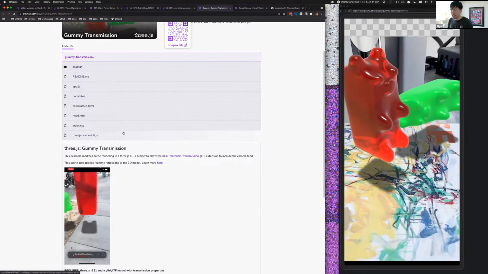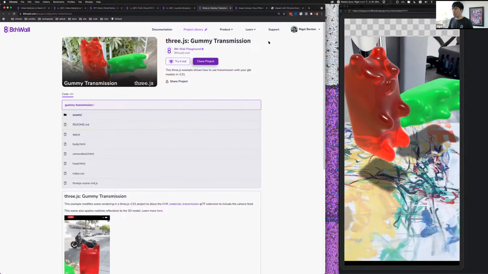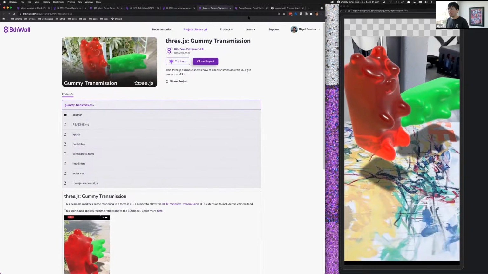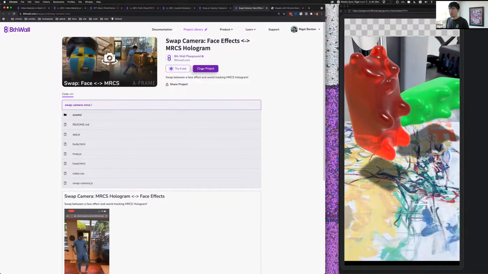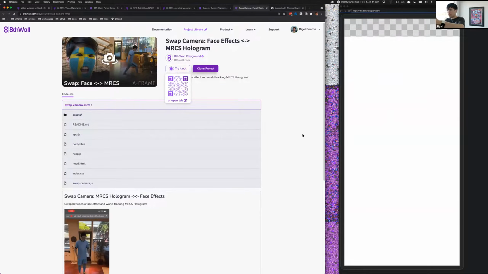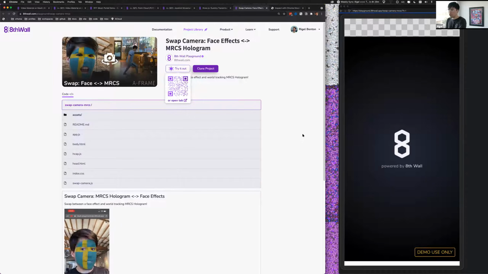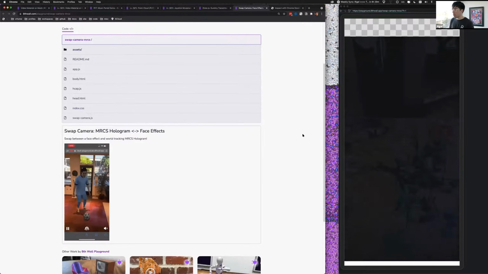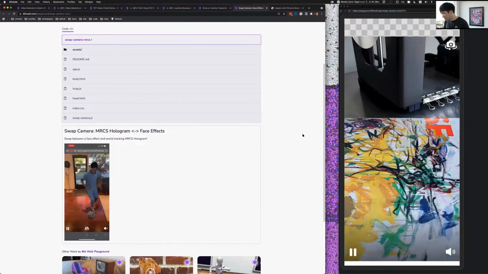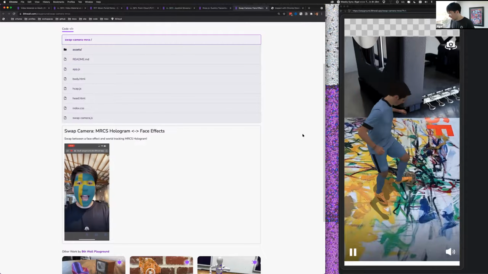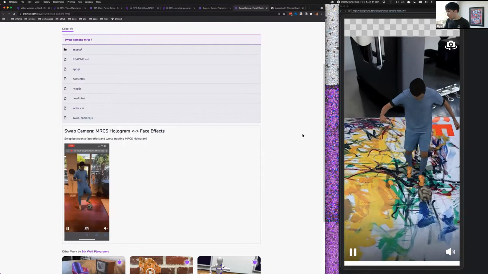Okay, so that's a cool one. That's available now. You can go ahead and clone that and start messing with it. And then the other one I wanted to show was the swap camera project. This one is a really popular format for an AR experience where you want to have both face tracking and world tracking. This pairs a hologram with some face paint, kind of like a soccer experience. And here's your typical hologram